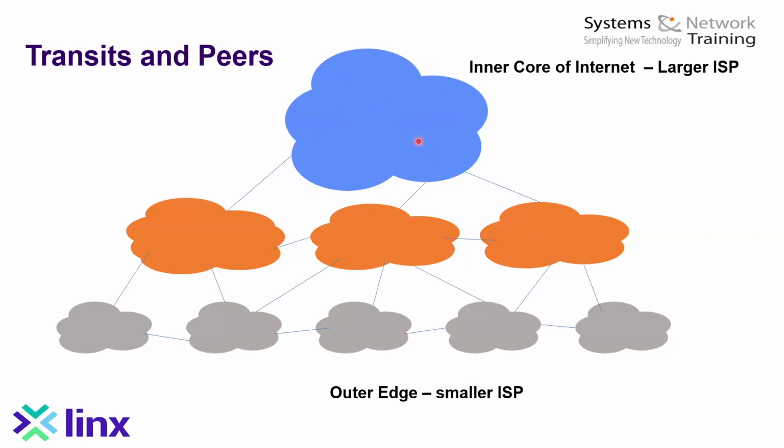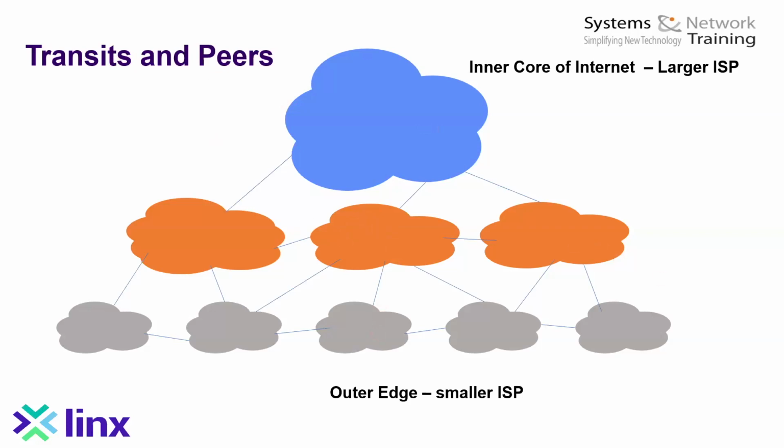The closer you get to the core of the internet, effectively the more routes you have access to. And if someone wants to get access to those, like a smaller service provider down here, then they pay you for that. And they pay you for transiting your service provider's infrastructure to get access to those routes. So that's really what we mean by transit here: you're a provider or a customer or whatever it is, purchasing access to a large part of the internet by paying an upstream service provider.